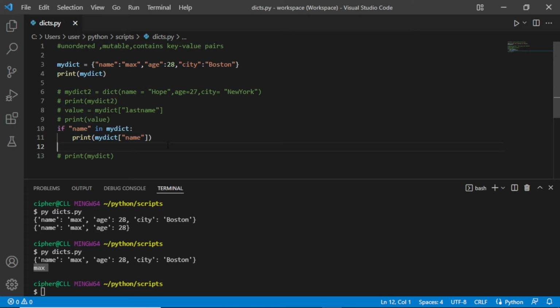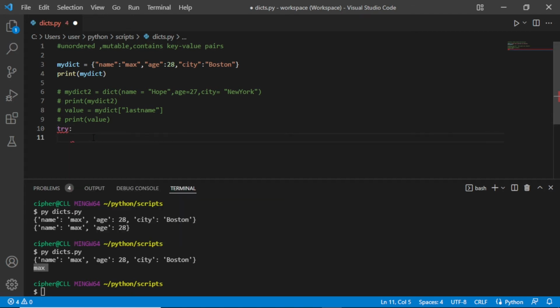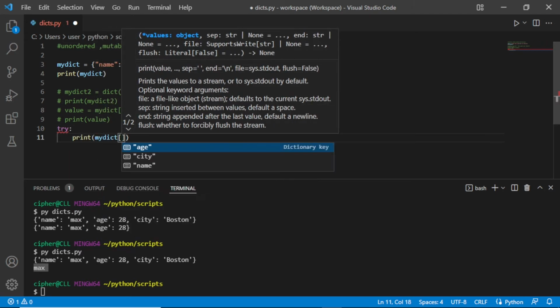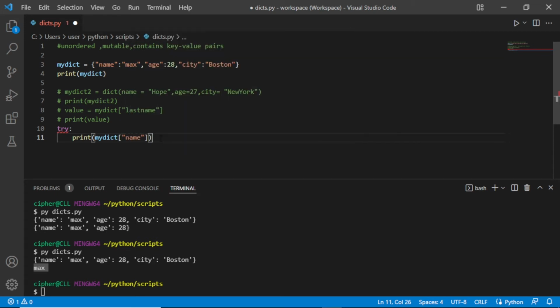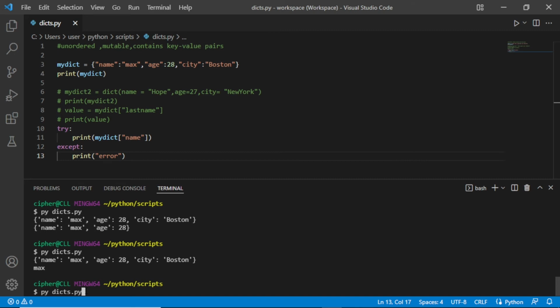Also, we can try the try and except method. For example, instead of using the if statement, we may use try. Let's write try, and let's say print my dict. Let's put a name here, and then let's except that we print error. Let's say error. Let's go and save this, and if we run it here, I think we need to, yeah,